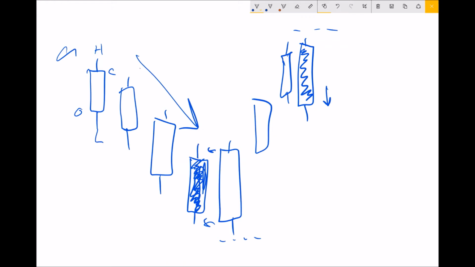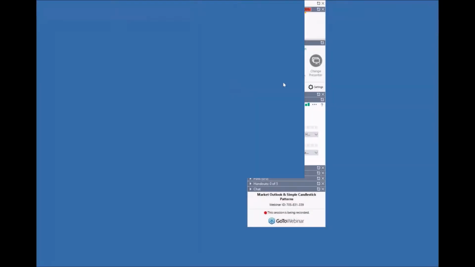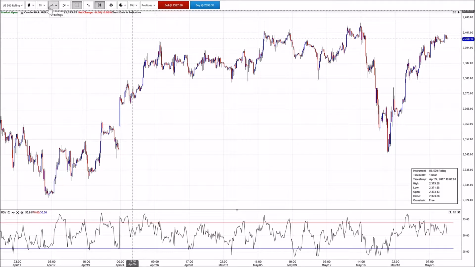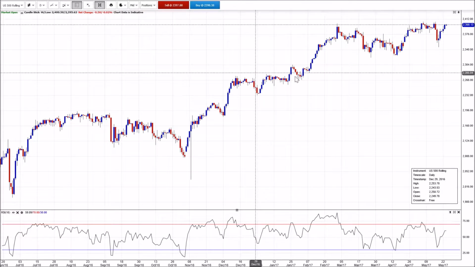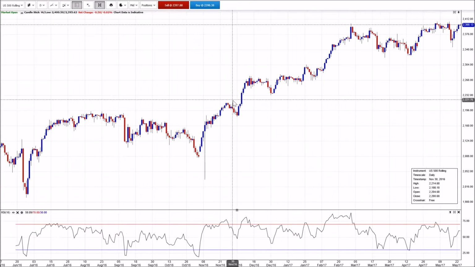But let's take a look at it in the real world, because there have been good examples. You don't need to search through loads of different charts to find this. There's one actually going on at the moment. Over the last couple of days, let's have a look at euro dollar. I've seen some really big moves in euro dollar, and interestingly, I think I put on Twitter the other day that the broker FXCM